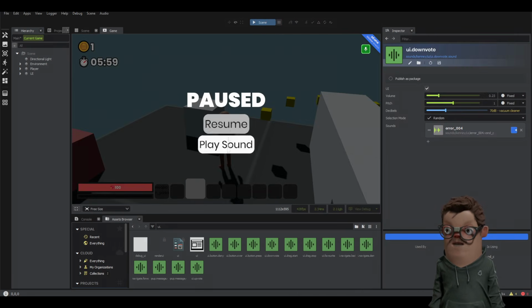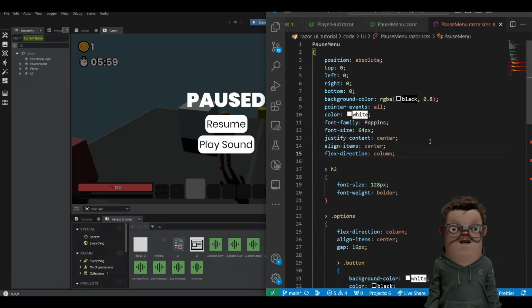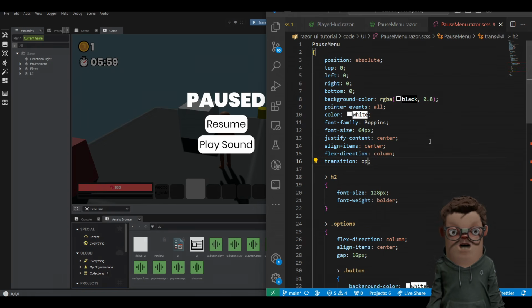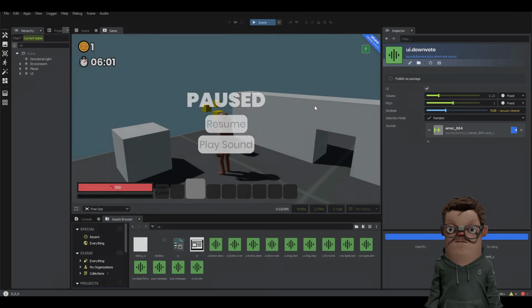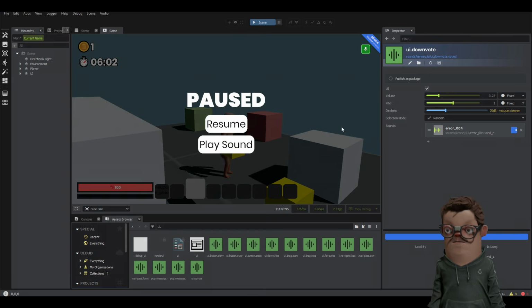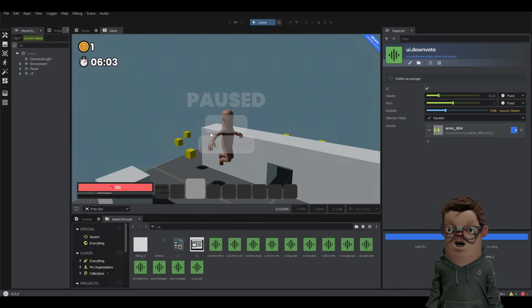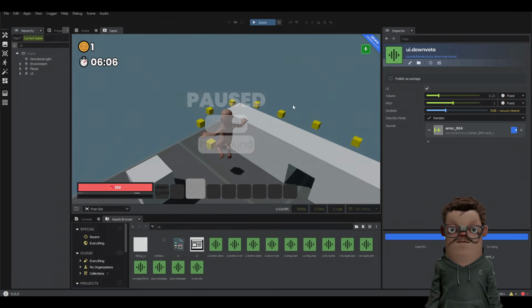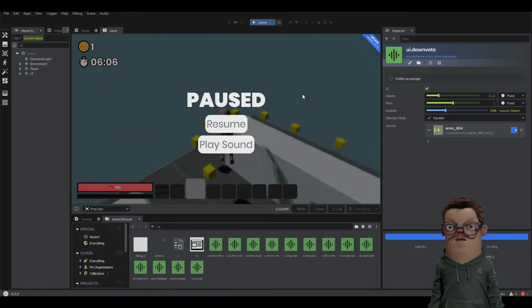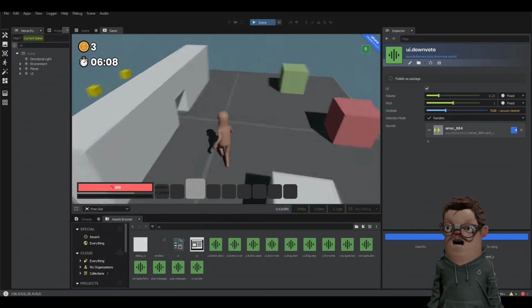And it looks great. We can also come in here and transition our opacity as a little 1 second ease. So pausing the game, that was this slow little animation. Yeah, tons and tons of stuff that you can do